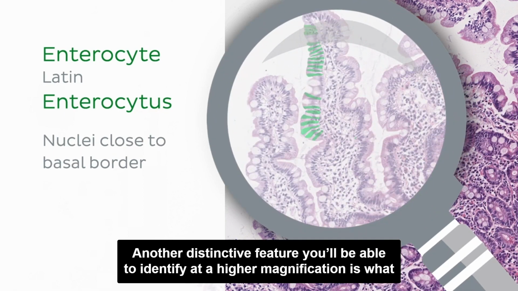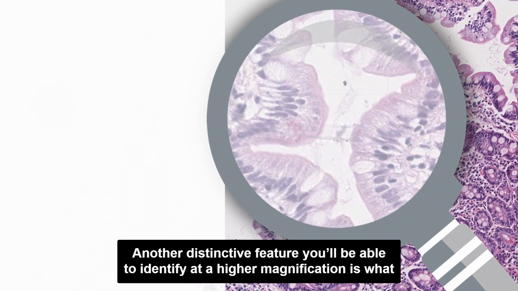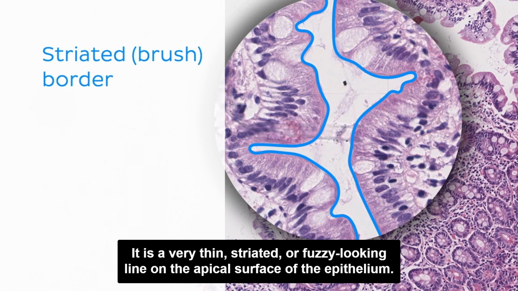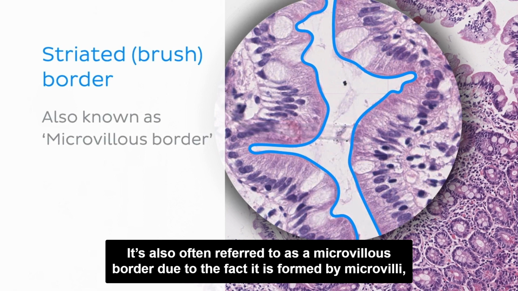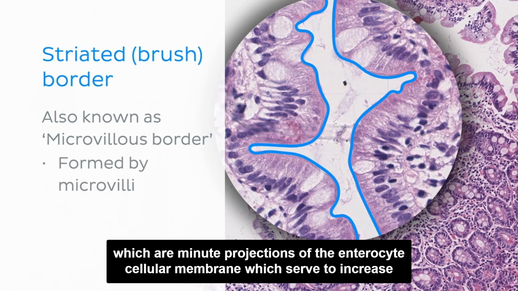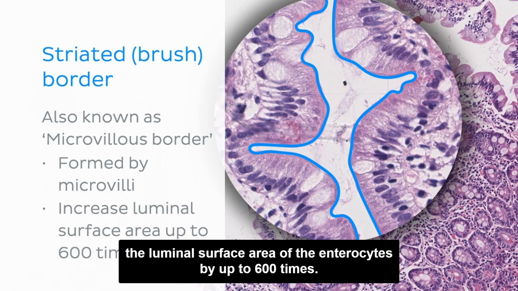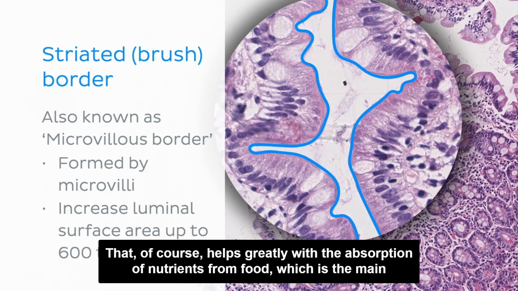Another distinctive feature you'll be able to identify at a higher magnification is what we call a striated border. It is a very thin, striated or fuzzy-looking line on the apical surface of the epithelium. It's also often referred to as a microvillous border due to the fact it is formed by microvilli, which are minute projections of the enterocyte cellular membrane which serve to increase the luminal surface area of the enterocytes by up to 600 times. That, of course, helps greatly with the absorption of nutrients from food, which is the main function